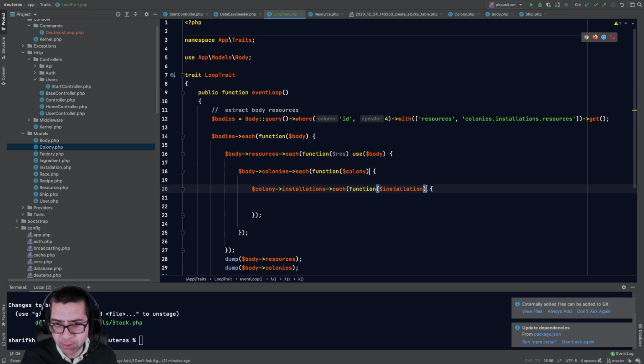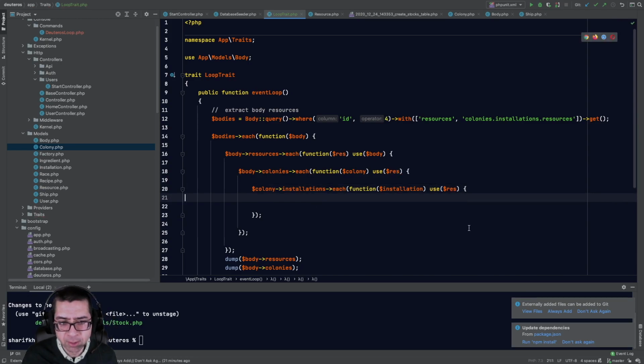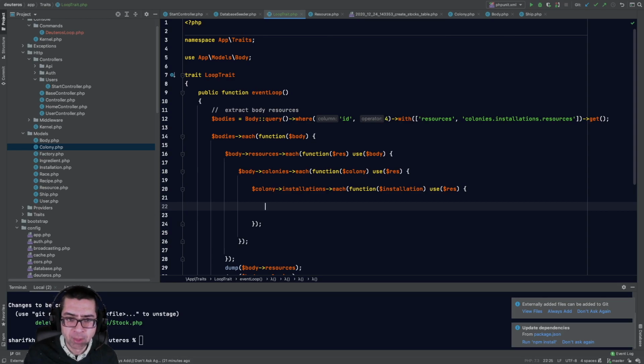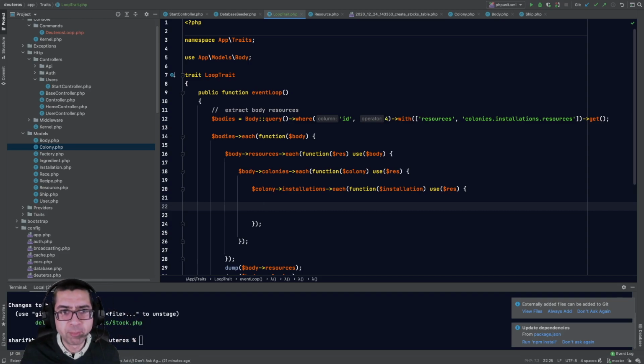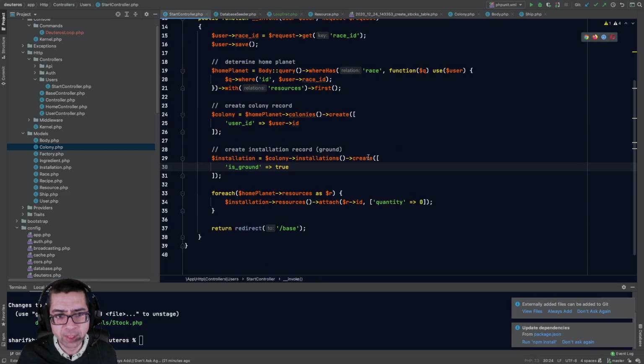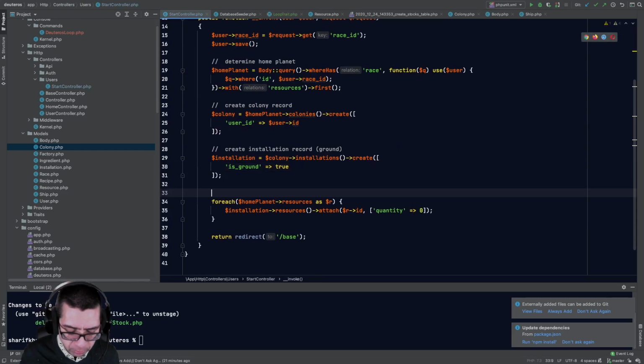We need to pass that right down here. So use res. Okay, so now res is available here. Now, every installation, you remember as part of the start thing earlier we added this. In fact, let's just put a notation on that. Create blank stocks records. Okay, so we added these as blank, so we know these exist for this planet if this planet